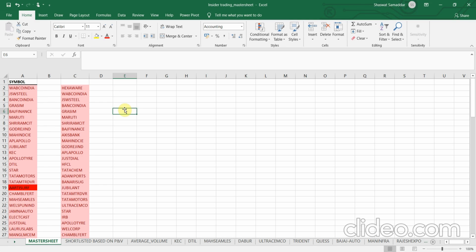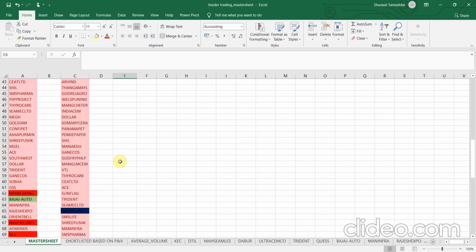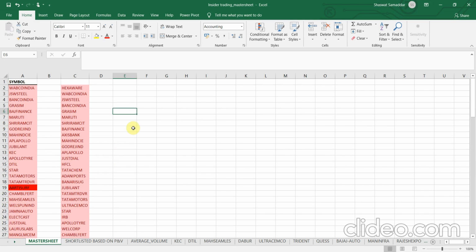Okay, so now as you can see, according to our filtering till now, we have almost 100 stocks, almost 100 symbols in our watch list. So it is not possible for us to do the further analysis of all the 100 stocks on a daily basis. So that's why I maintain a master sheet which helps me to know for which stocks I have already done the further analysis, and I could just ignore those stocks for the time being.